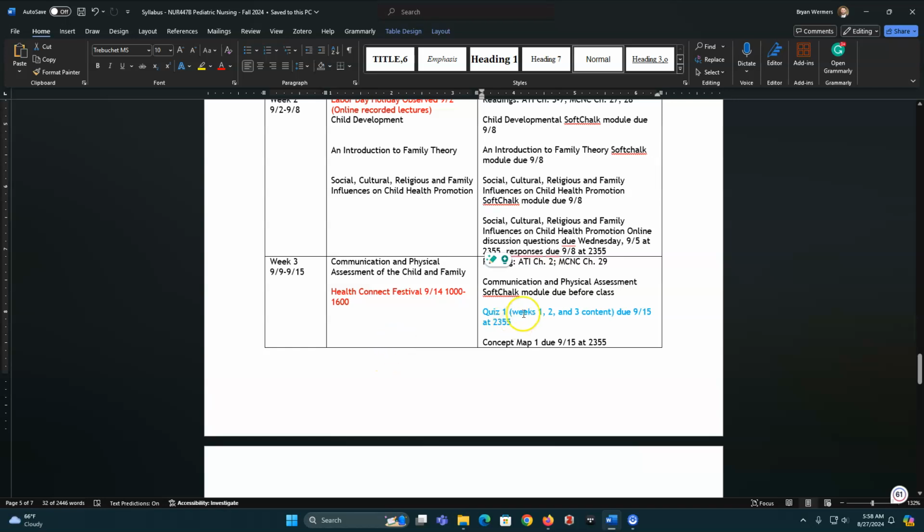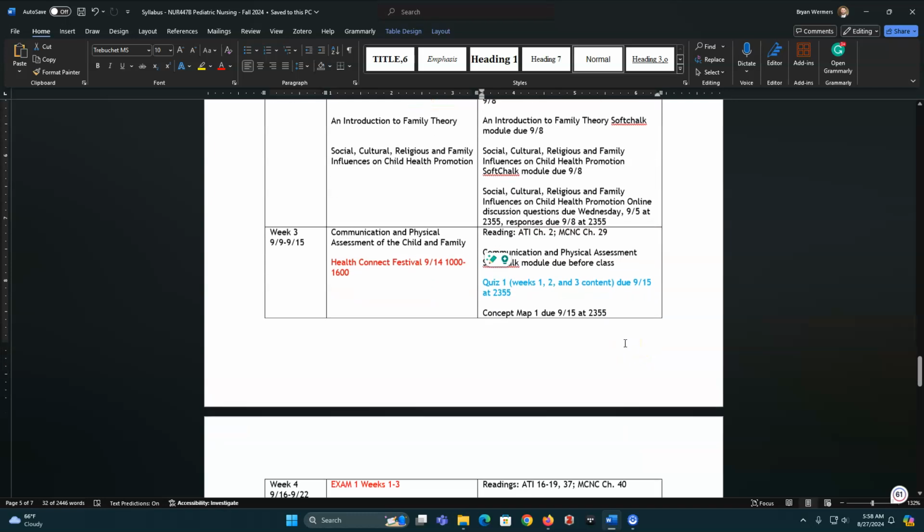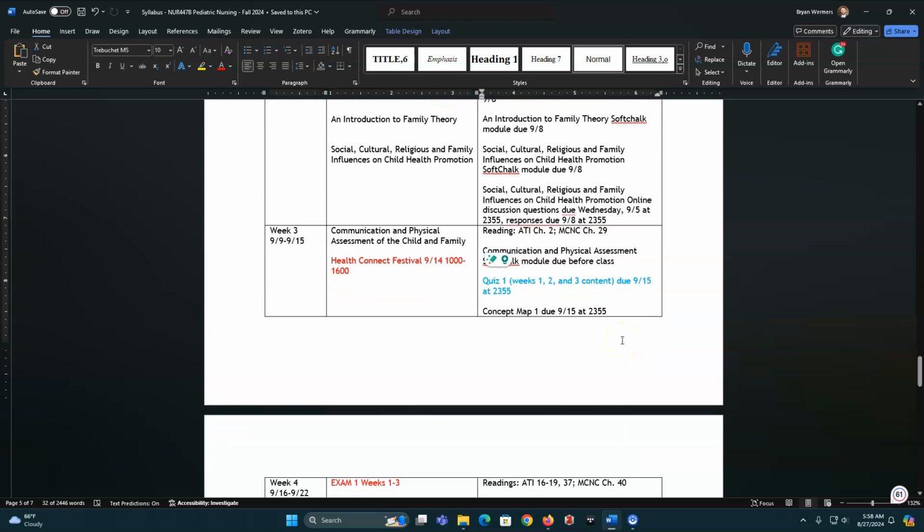We'll have a quiz. I'm going to have 4 quizzes in this course. It's going to cover content right before your exams, and so you'll get to do that. You will have concept maps, and I believe that you've done concept maps before, but we'll go through them, and I'll give you some when we meet in class this day. We'll walk through a concept map,